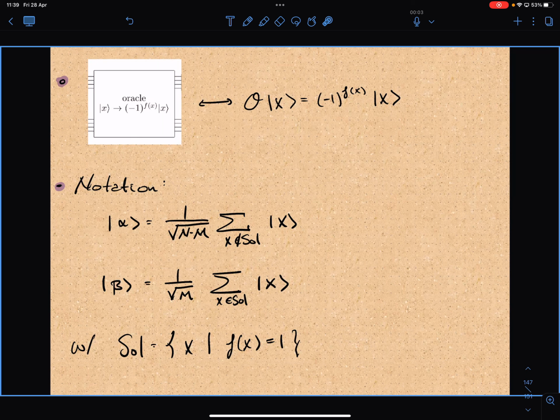So now let's look at the oracle circuit. The action of the oracle circuit is to multiply by -1 if f of x is equal to 1. This is a similar action to what we saw in the DJ algorithm, where if the function was equal to 1, it would multiply by -1, otherwise it would leave it the same. That was done by adding an ancillary qubit at the bottom. And in this notation, we're forgetting about the ancillary qubit,